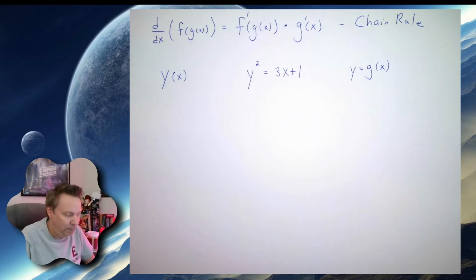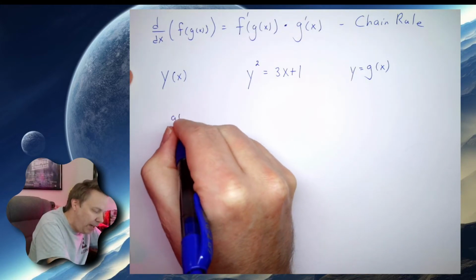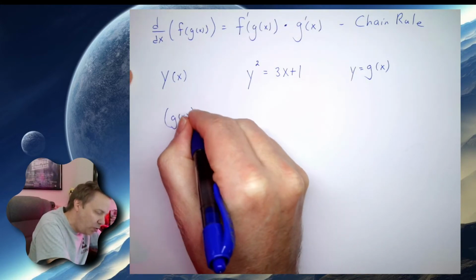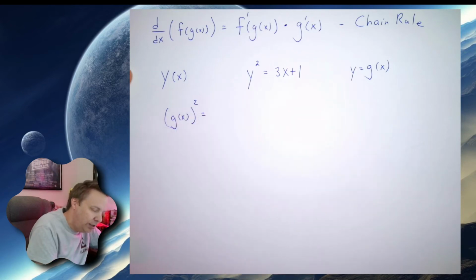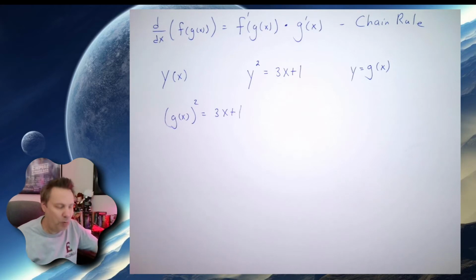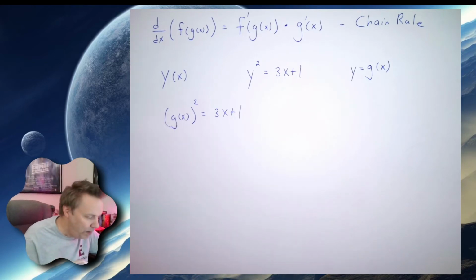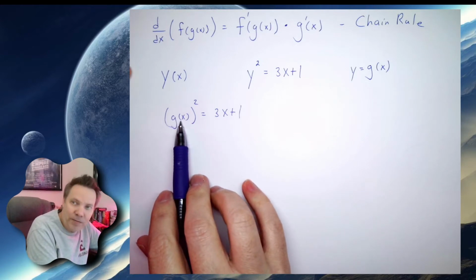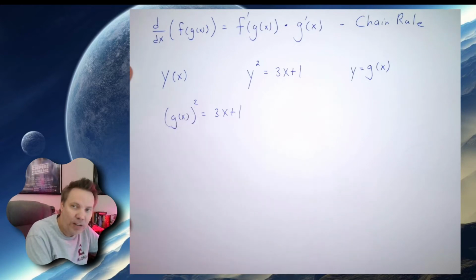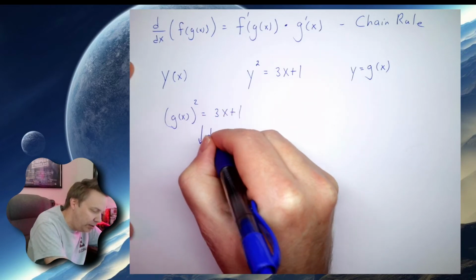this notation here. So if y is equal to g of x, then I am looking at the equation g of x squared is equal to 3x plus 1. Now I look on the left-hand side. If I want to take a derivative of this, the inside function is g and the outside function is the squaring. So if I take a derivative of this entire equation,